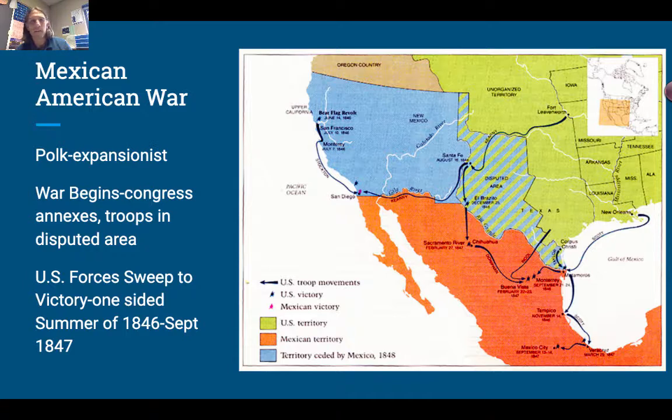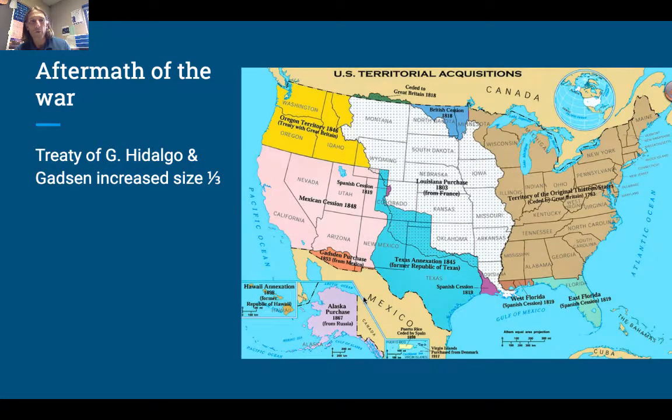When President Polk gets into office, he is an expansionist, and he is more than willing to bring Texas into the United States. So pretty quickly, Congress annexes Texas. We move troops into this disputed territory, and at some point there is a clash where Zachary Taylor reports back that there's this border war going on. The U.S. forces and military come in, and pretty quickly this whole thing is over. So the summer of 1846 it starts. By September of 1847, we're going to sign a peace agreement known as the Treaty of